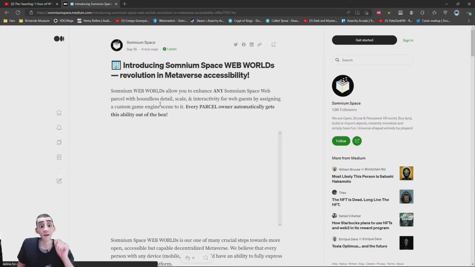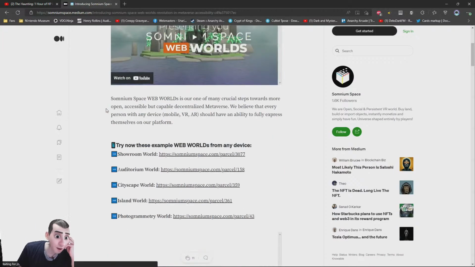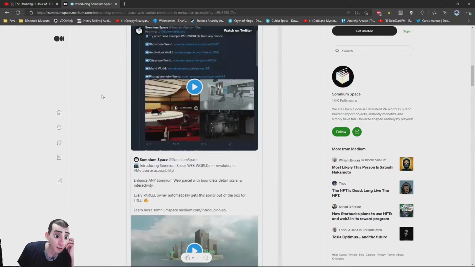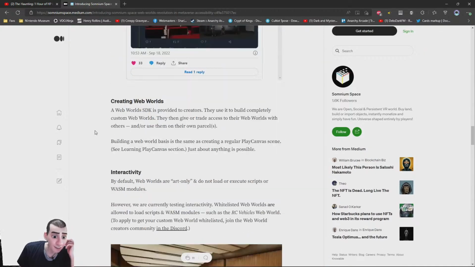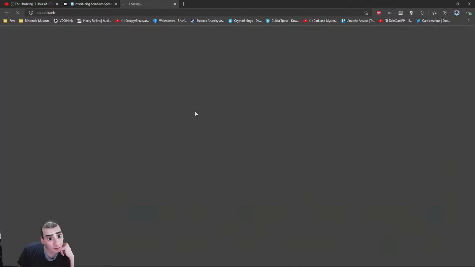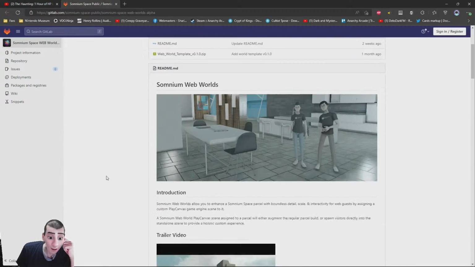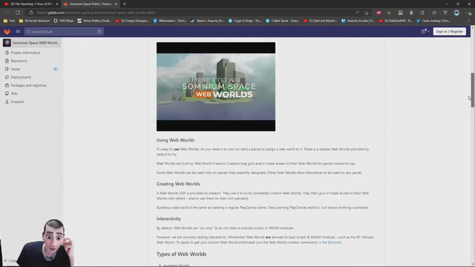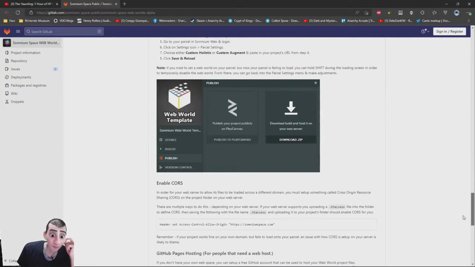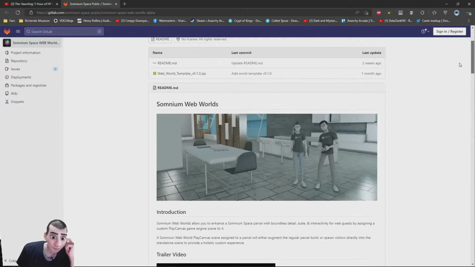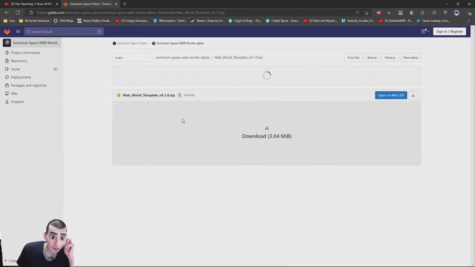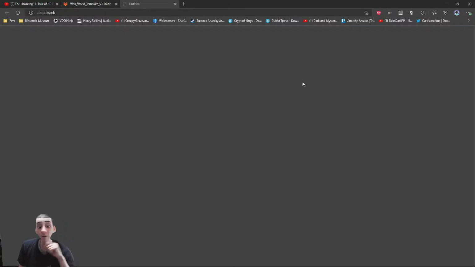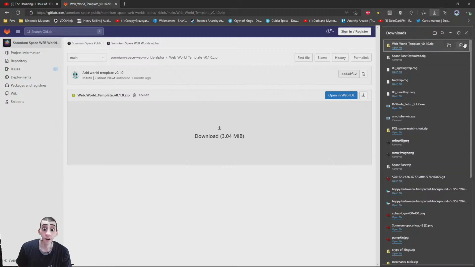So the first thing is to go to the Somnium Web Worlds GitLab, right here. This is where you'll find the instructions and everything on how to get your own web world going. I'm going to download the zip right up here. That's how you start off. And then after you have the zip downloaded,